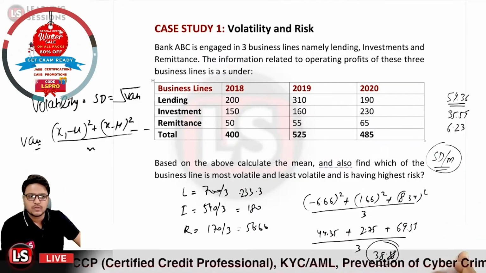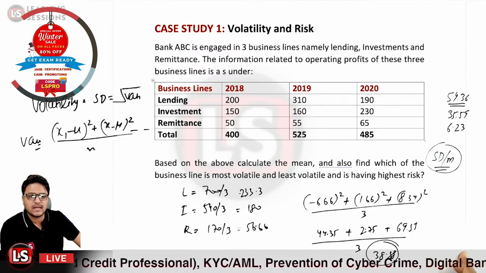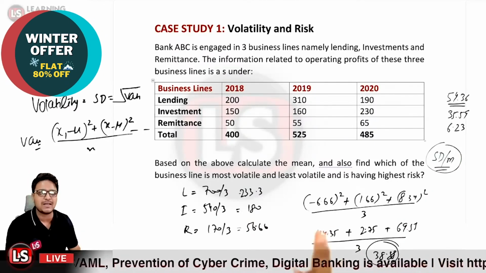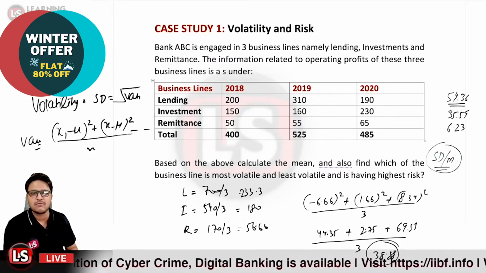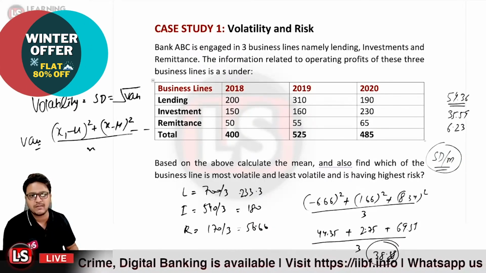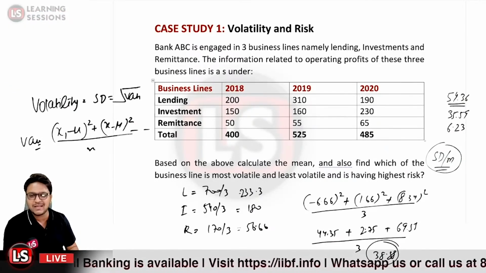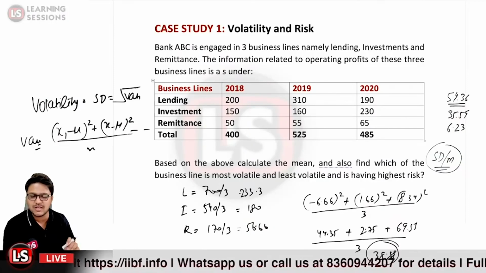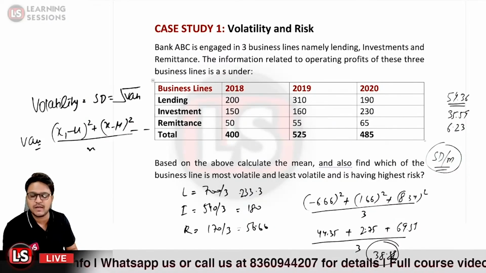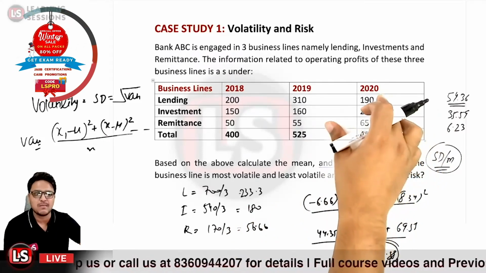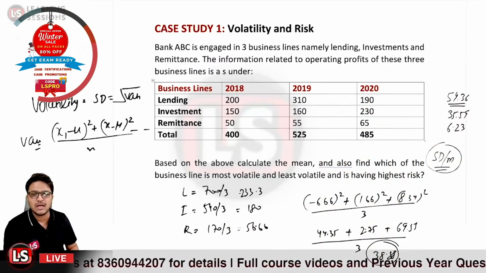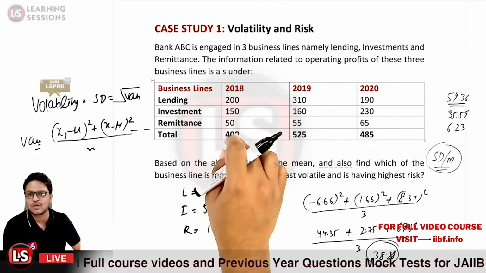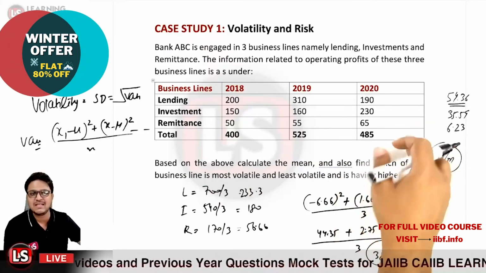Now you can let me know which of the following has the highest volatility, and which has the lowest volatility, because it is quite clear now. In the case of the lending, the standard deviation is much higher than the other two. So we can say that in the case of the lending, the dispersion is much higher, that is the variation is much higher as compared to the investment and remittance. Okay, so we can say this is most volatile. And we can also infer that because the standard deviation in the third one, the remittance, is the lowest, it is the least volatile.